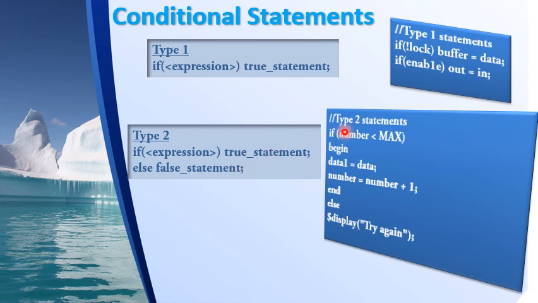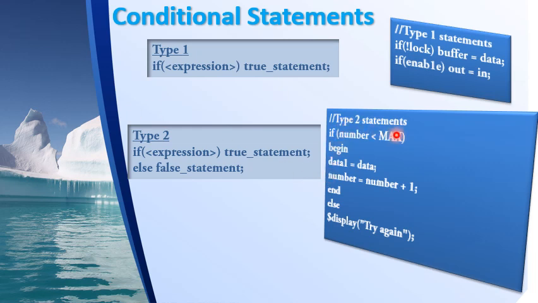Example of type 2 statements, I have a piece of code here. The expression is if number is less than max. So if number is less than max, this set of statements will be executed. Else means if the number is greater than or equal to max, it will come to the else block. So in that case, I am asking to display some message, try again. So